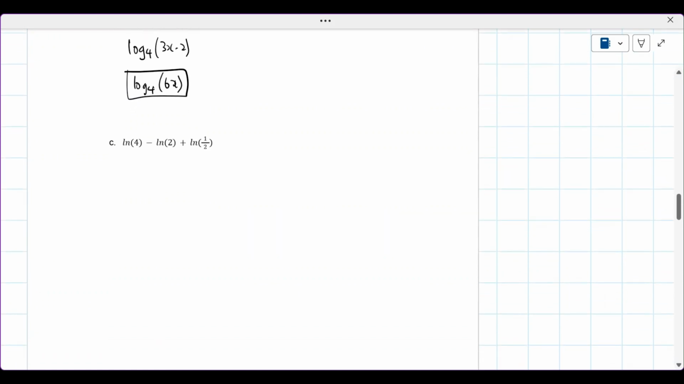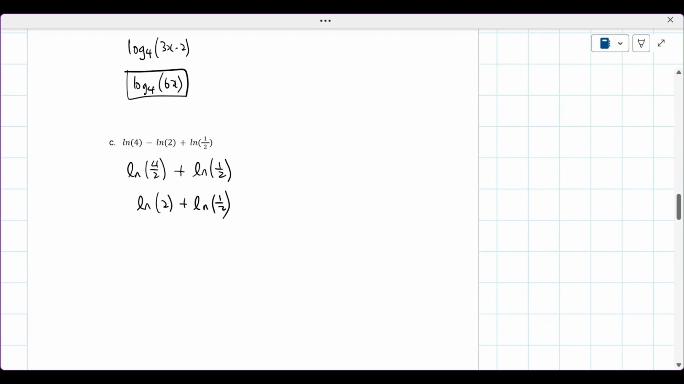The final part, ln 4 minus ln 2 plus ln of half. So first of all, let's do the first, ln 4 minus ln 2, which is called the quotient law. If you have the difference of two logs with the same base, then we find the quotient of the inside. So the first one is ln of 4 over 2 plus ln of 1 over 2,